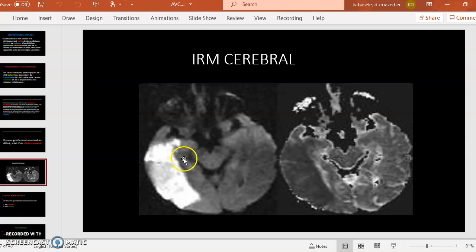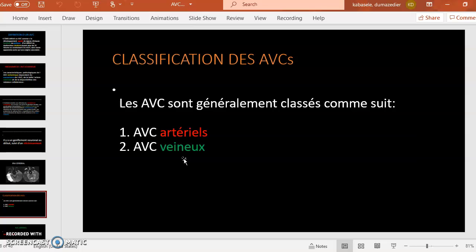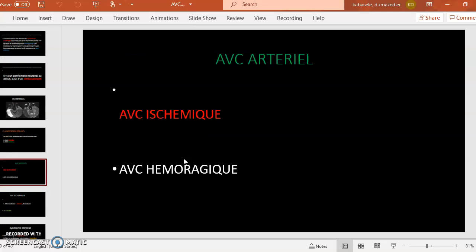According to this, an ischemic stroke has been developing in this area, and you can see how the brain is not perfused. You can see how the brain is damaged, and as we know this impact, it will help us to target what type of audience we can share this knowledge with. This was just an explanation of one type of stroke, ischemic stroke, and we can have arterial ischemic stroke, and we can have venous ischemic stroke also.